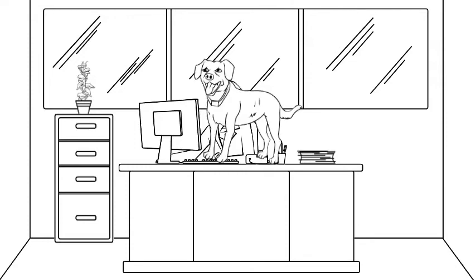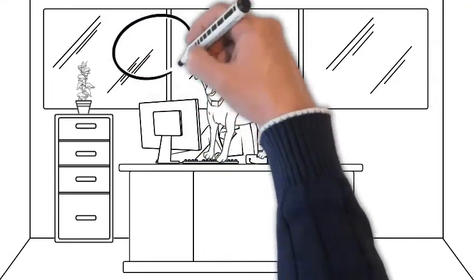And the dog jumped up on the desk and started typing really quickly. The manager was really impressed. So he said, "Okay, you can type, but can you do anything else with a computer?" And the dog started doing amazing things on the computer. The manager didn't even know what he was doing most of the time. So then the manager said, "Okay, but can you speak a second language?" And the dog said,